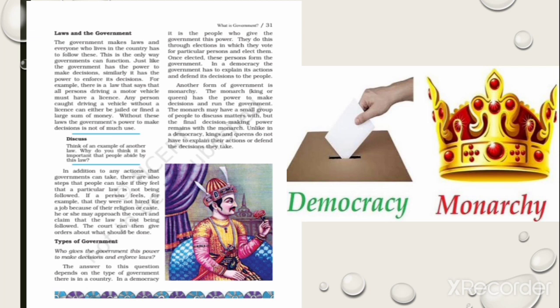Laws make it compulsory for the people to obey. This is the only way that government has functioned, by making laws and implementing the laws on everyone. Just like the government has the power to make decisions, similarly, it has the power to enforce the decisions also. For example, there is a law that says that all persons driving a motor vehicle must have